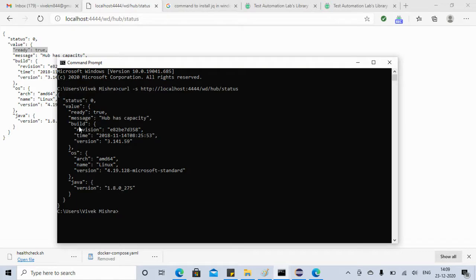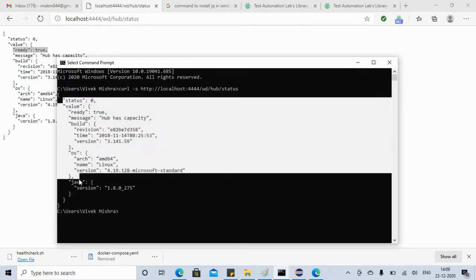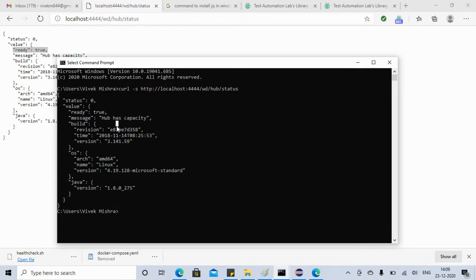Now what we have to do is fetch the value of this attribute ready. To do this, we have to use jq. Curl is a command prompt tool, and jq is also a command prompt tool. Because this response is a JSON response, using jq we can parse it so that we can retrieve the value of ready. Now, friends, I don't have jq installed here, but since our ultimate goal is to do this in our project, what we can do is this.